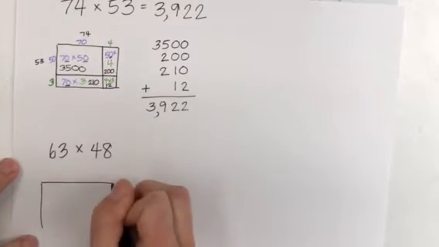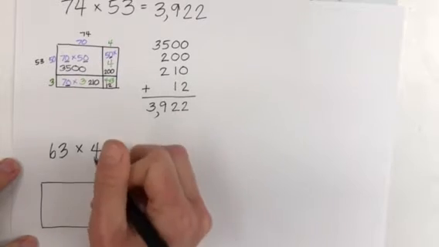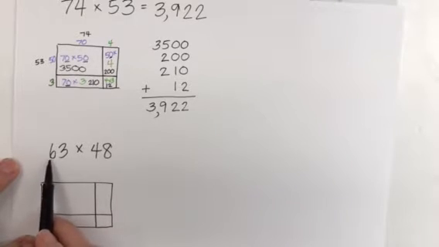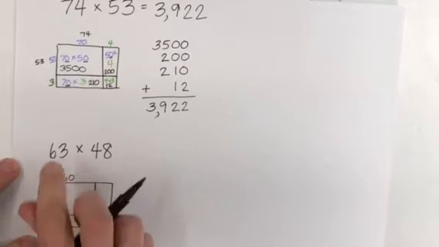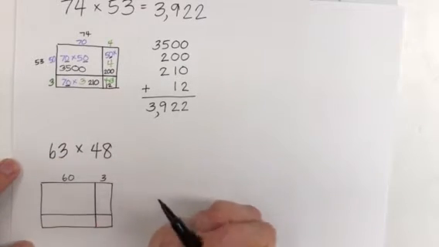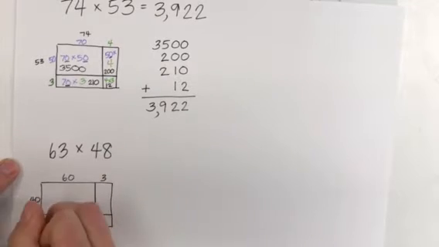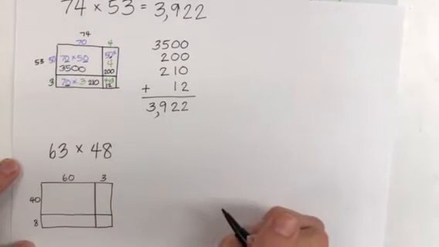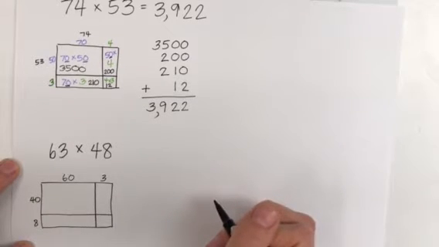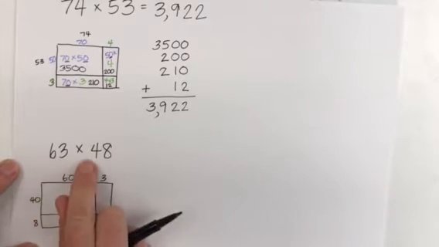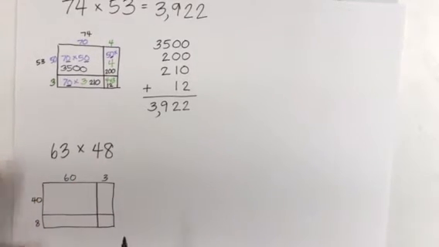Let's go ahead and start with our rectangle. And I know these are 2-digit by 2-digit, so I'm going to have a drawing like this. So at first I'm going to have 60 and 3 across the top. And then I'm going to have 40 and 8. Hey, that's just like, oh my goodness, what is it called? Expanded form in place value, right? 60 plus 3, 40 plus 8. Okay. Anywho,